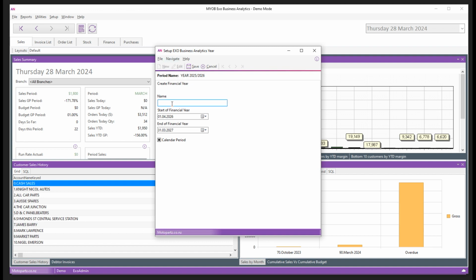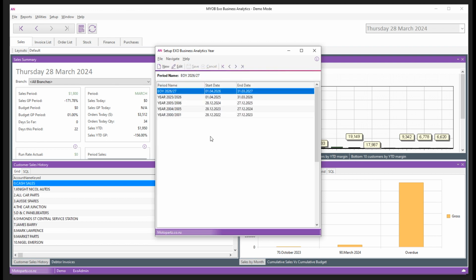So we'll call it end of year 2026 to 27, and save. Next, we need to go back to the Setup menu